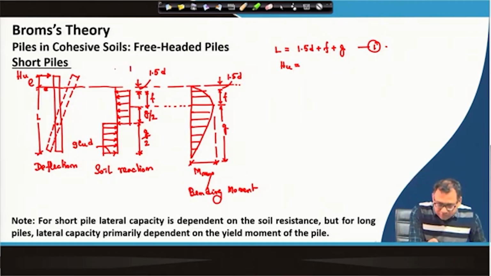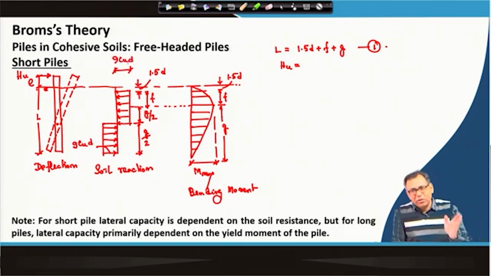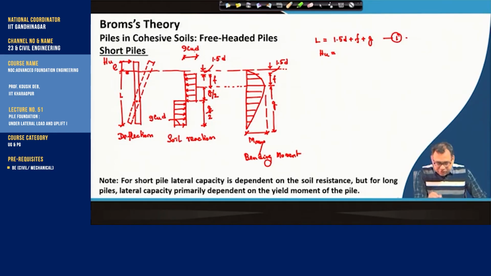Similarly, this one is also 9 CuD. So, 8 to 12 is the general range, and Broms has recommended that we can take a uniform soil reaction of 9 Cu, and d is multiplied along the length of the pile except the top 1.5 d portion, where the soil reaction value is 0. So, I can write the HU will be 9 CuD into F,